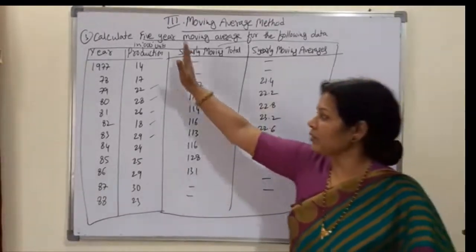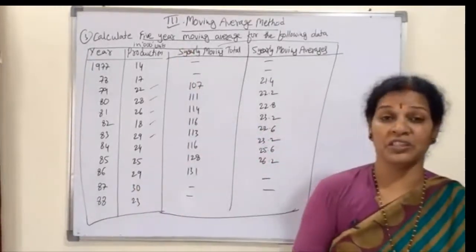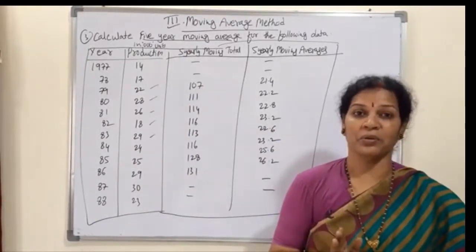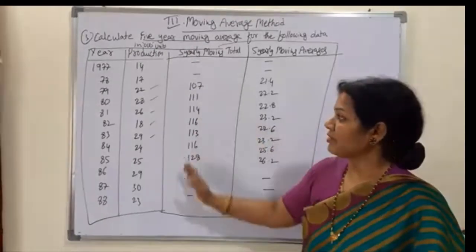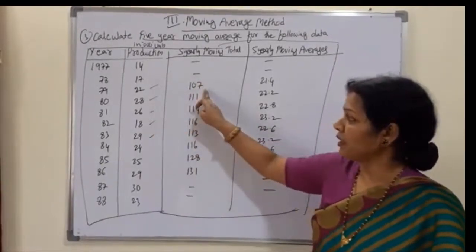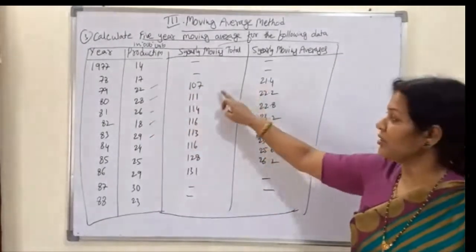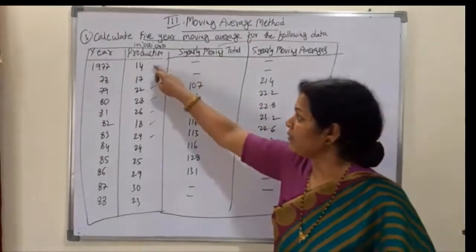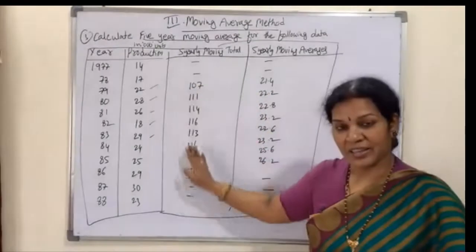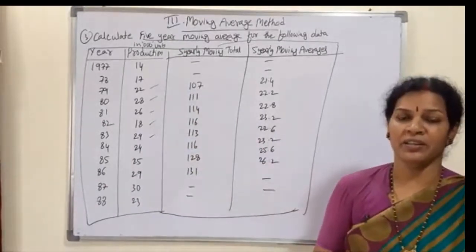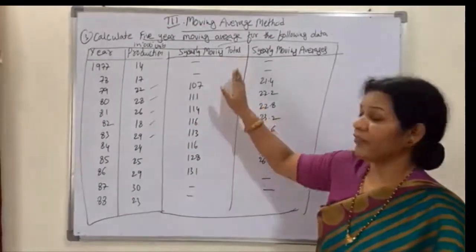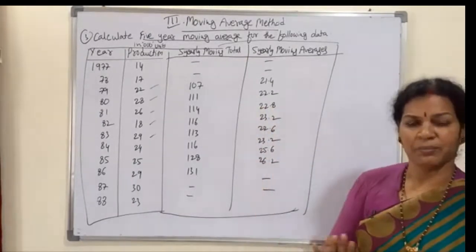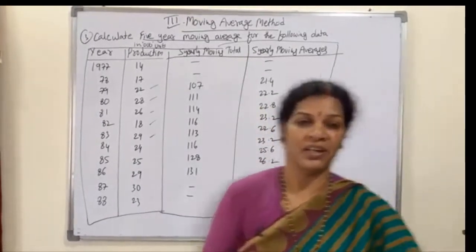A simple problem is given to you, this much only. They'll ask you 3 years average, moving average, 5 years average. Whatever they say, that you have to calculate. They said 5 years, so first I have done the total of 5 years. Average is 107 divided by 5. You will get this one. The second one is by leaving 1 and taking the first 5. Like this you are totaling everything. So that is the total of 5 years moving data. Then we have done the average. Simple, that's it. So that you will come to know exactly.